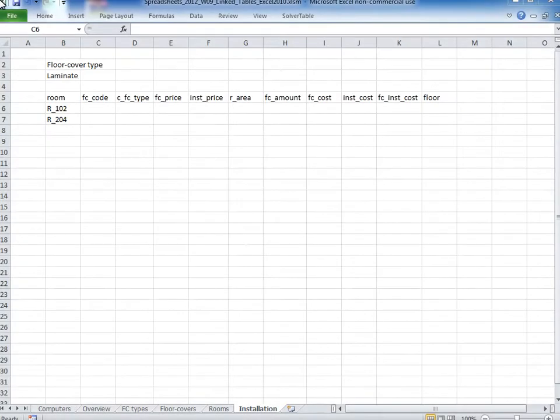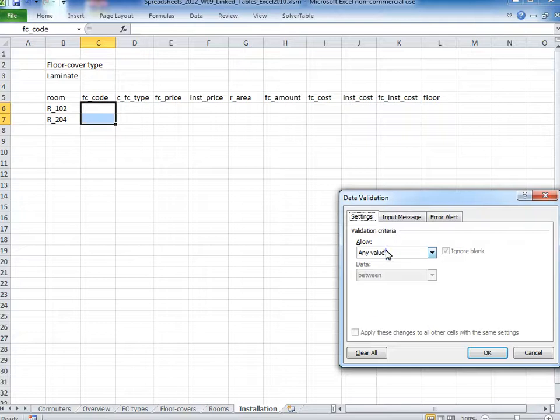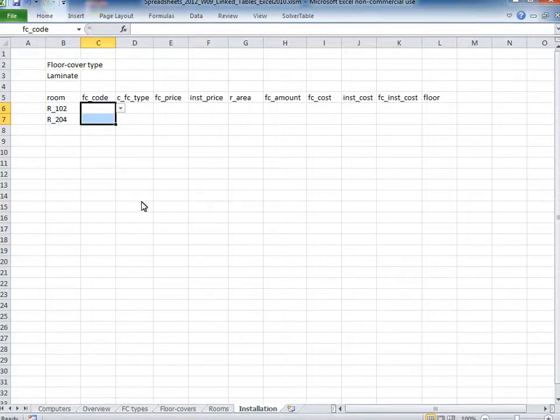As the user has selected the floor cover to be laminate, we will let him now select from amongst laminates. So let's select these two, do data validation list, and let's say that it's equals laminate. That's what we want. And the user will be able to select a few laminates. Here they are. Now the only problem being that if the user now wants to start with PVCs, he would also have to have equals PVC in this data validation,